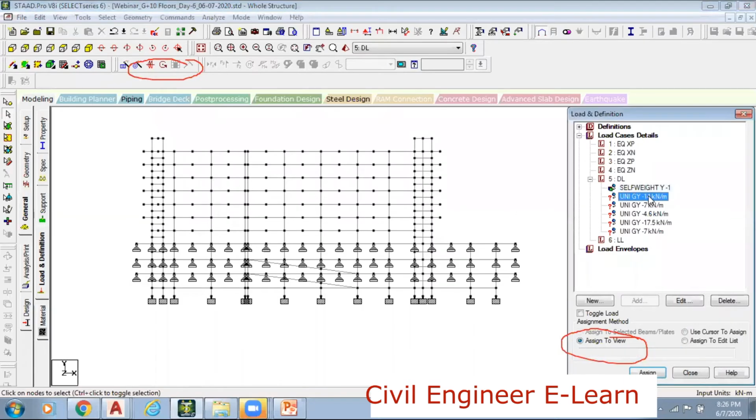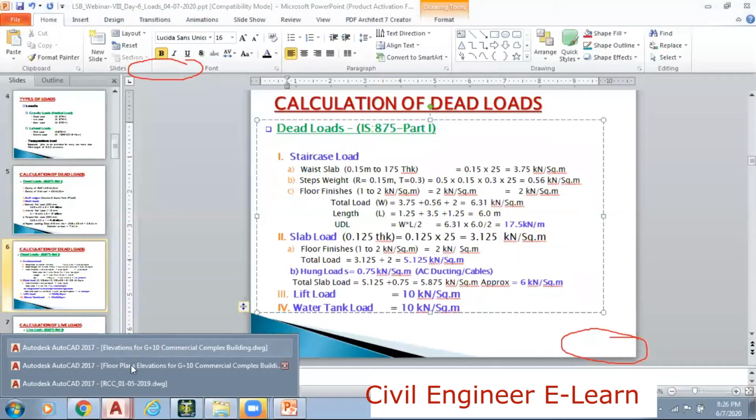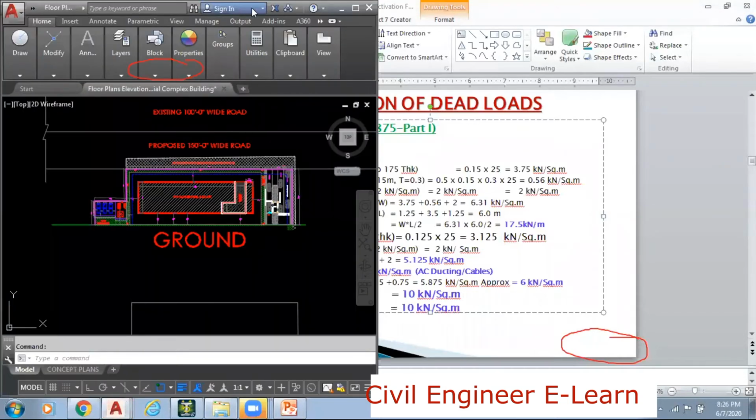And then 14 kN per meter is the load. This is the load wherever we have these external walls. This load has to be applied. Right? I'll keep this on the right side. Let me just keep it on this right side, and I'll go to these ones. And where do we have these walls? Let's check here.